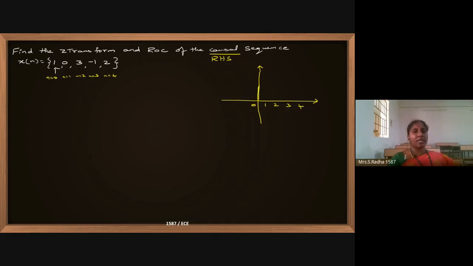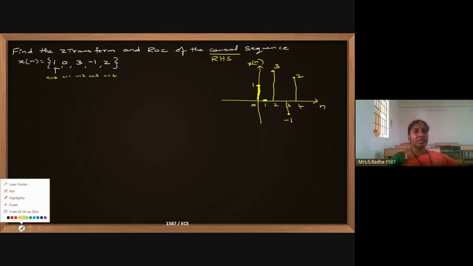Signal amplitude at origin is 1 unit, so you can draw a pillar, a discrete time signal. So it will be pillars, perpendiculars, and this is 1 unit amplitude. After that 0 amplitude, and after that +3 is the amplitude in the given signal. Then the amplitude is -1, on the negative side, then it is +2. This is the diagram for the given signal. The x-axis is n, and the name of the signal should be taken on the y-axis, it is x of n. The x-axis values I have written in yellow color. This is a right-handed signal.